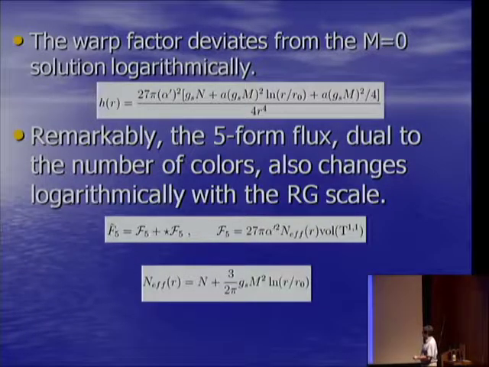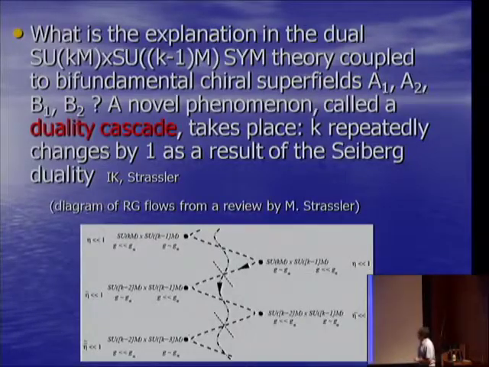But an even more bizarre effect, which Melanie mentioned, is that if you look at the 5-form flux, that itself behaves logarithmically with radius. And we're used to thinking about 5-form flux as some effective number of D3 branes, or effective D3 brane charge. So how do you explain that the number of colors itself effectively decreases? And what Strassler and I realized is that this is really due to Seiberg duality, which is an N=1 supersymmetry phenomenon,